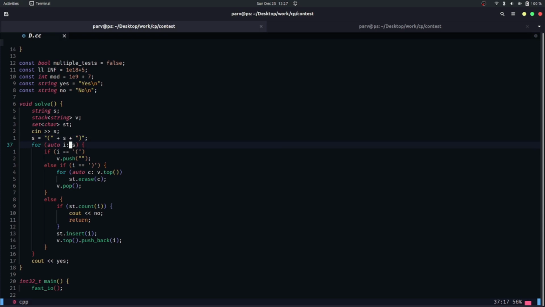Then I loop through the string, and if there is an opening parenthesis, I'm gonna push an empty string to the top of the stack, so that if I encounter a lowercase English alphabet, I'll be able to push it on the top of the stack without bothering if it's empty or not. If it's a closing parenthesis, in that case, I'm gonna remove the topmost stuff of the stack from my box and also pop off